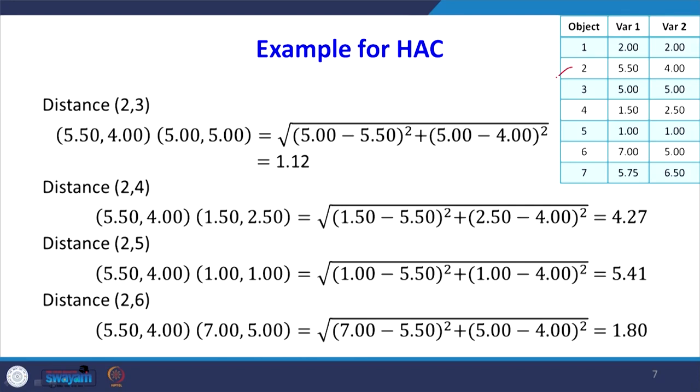Now, we go to 2 versus 3, the distance between 2 and 3. The position of 2 is 5.5 comma 4, and 3 is 5 comma 5. So, the distance is 5 minus 5.5 whole square plus 5 minus 4 whole square, that is 1.12. Now, 2 and 4,